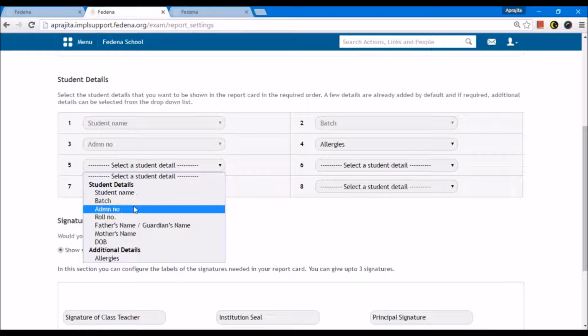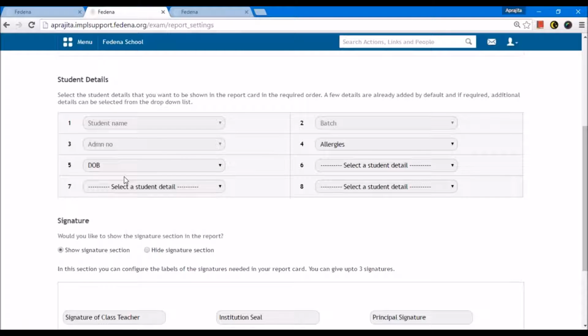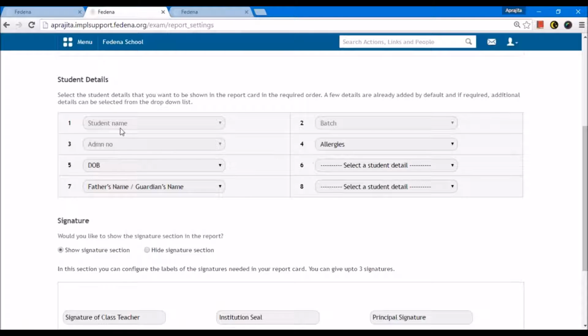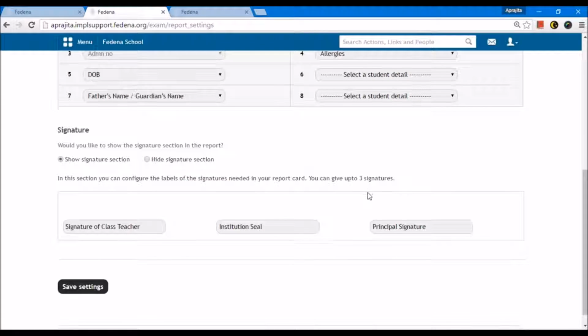Also, other student details besides the three that you see here, which is roll number, the guardian's name, mother's name, date of birth, can also be selected and it will appear. So let me select. For this student, I have selected 6 details to be appearing in the report card. You can select up to 8. So if you select 2 more, it will appear in the report card.